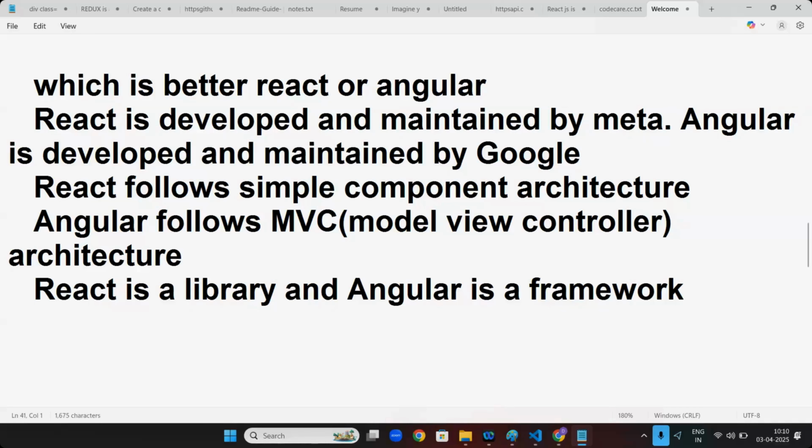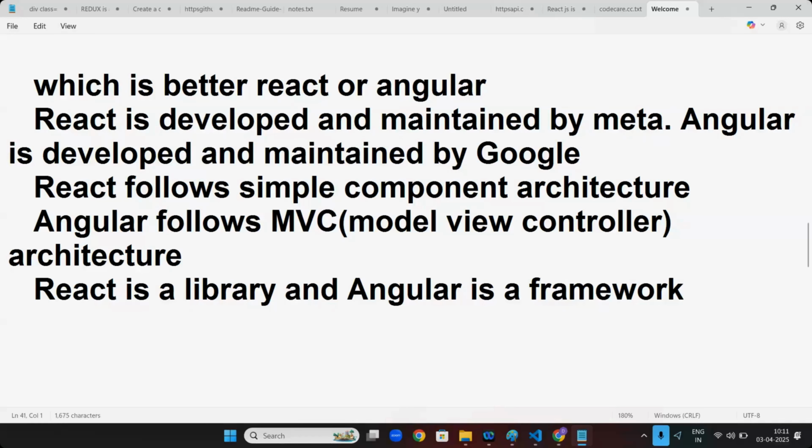In institutes they will not teach you PHP, but most companies still use it. Senior developers use it. Whatever others tell you, that this one is better than that one, that is only for the present moment. Never try to get tricked by that. Tomorrow maybe React will become low and Angular will become high. We don't know. But as of now, React is the top one.